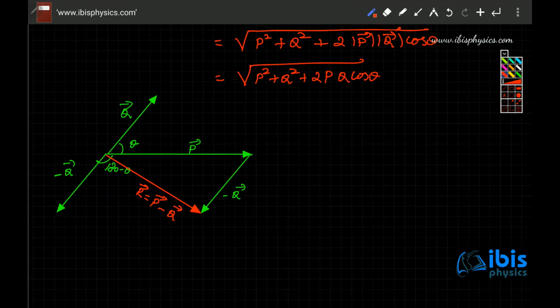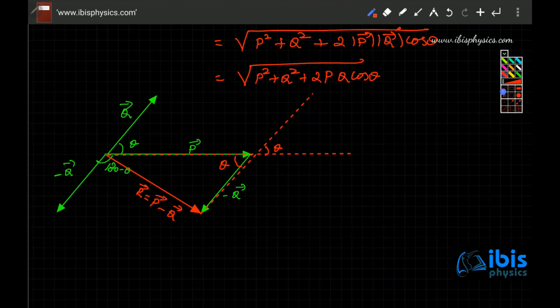Again, just form a right angle triangle using this. See what this angle is going to be. So this is p vector. Let's extend the direction of the p vector. This is it. And this line is parallel. See, if this line and this line had theta, this angle is also going to be theta. But this angle is again theta. Then this angle is going to be 180 minus theta.